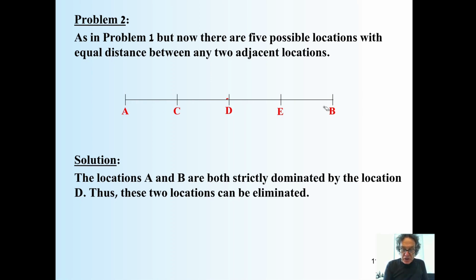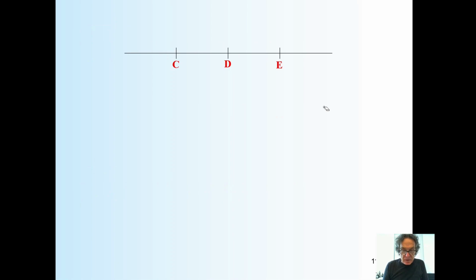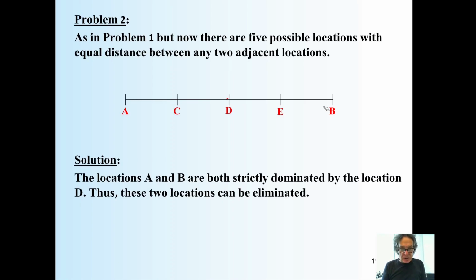Thus, these two locations can be eliminated. Okay, so before that, why is it a dominated strategy to be located in A? Exactly like before. If I am located here, no matter where you are located, by me moving to D, I'll get more. Let's see. If you are located here at A,